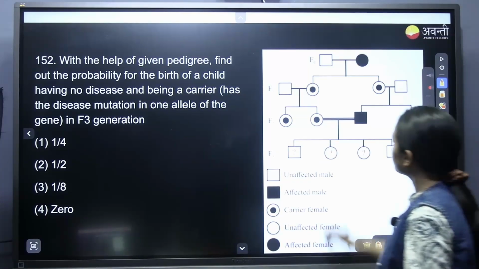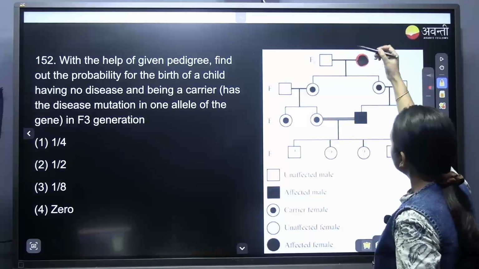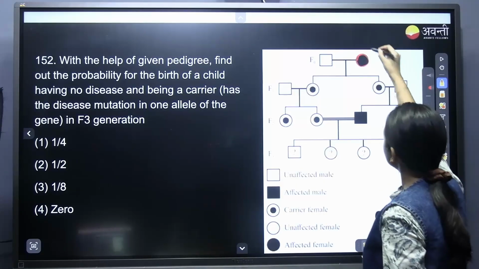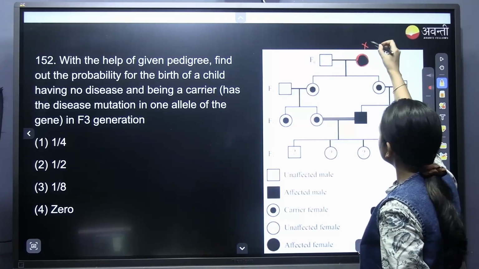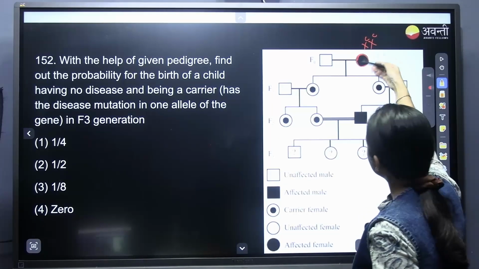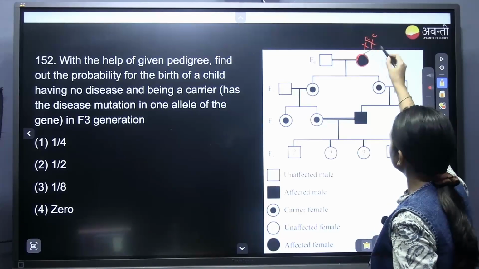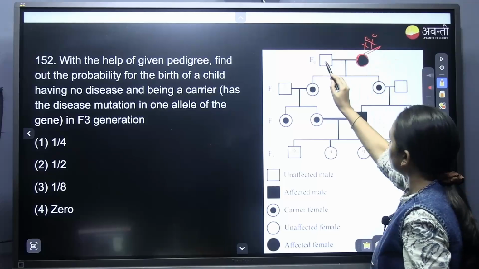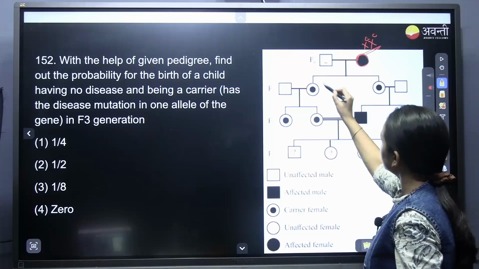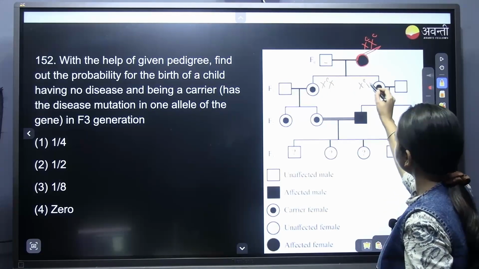Okay, we'll solve it. Anyway, if you see here, the female has it, and both daughters are carriers, which means you can take it as X-linked recessive. I have taken maybe just CC. The female is affected, the male is normal here. Both of her children, the females, are carriers,